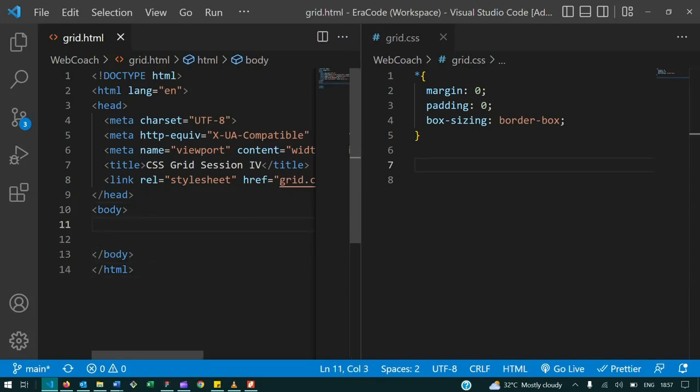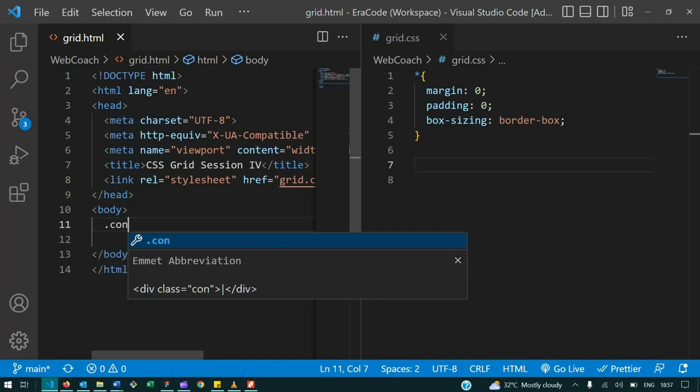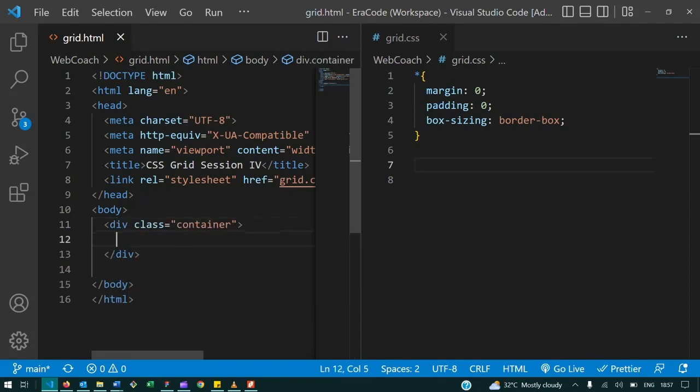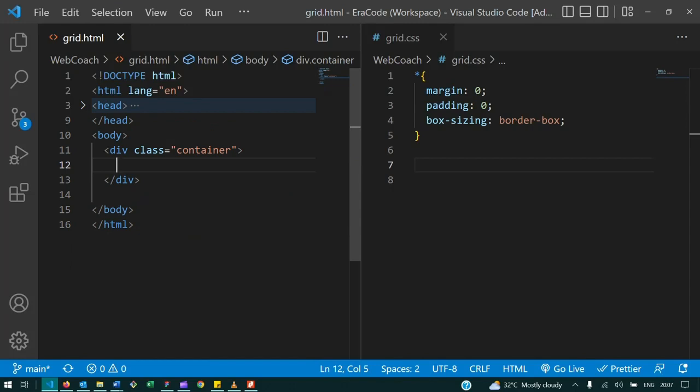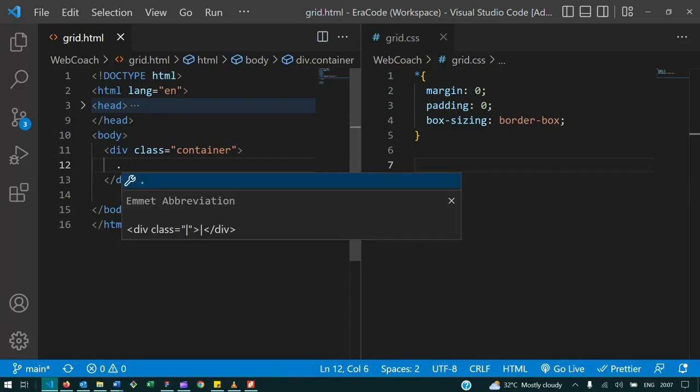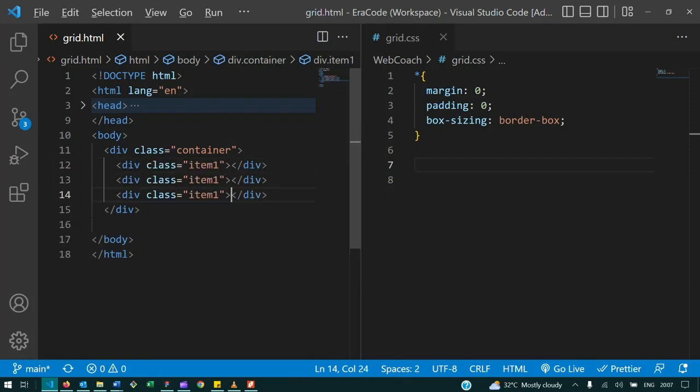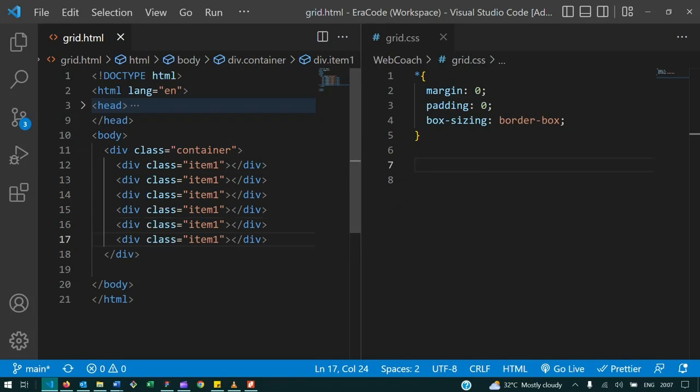Let's create a div with a class name of container. The class name could definitely be anything you want. All right, inside of our container, which happens to be the grid container, let's have about 6 divs inside of it as grid items to demonstrate how to lay out a grid container. Grid item 1, let's duplicate and have up to about 6 of them. Grid item 2, grid item 3, grid item 4,